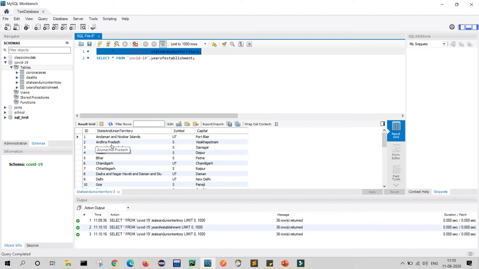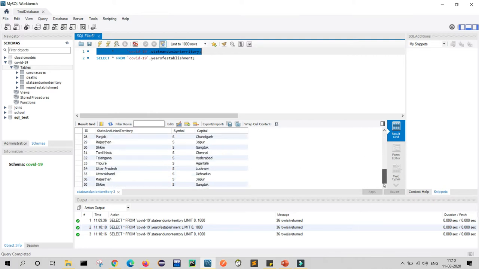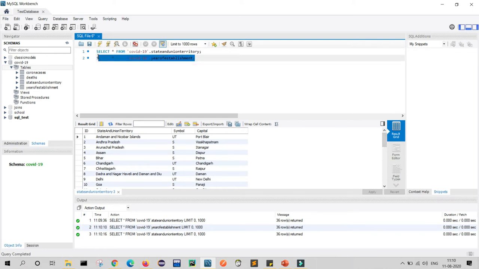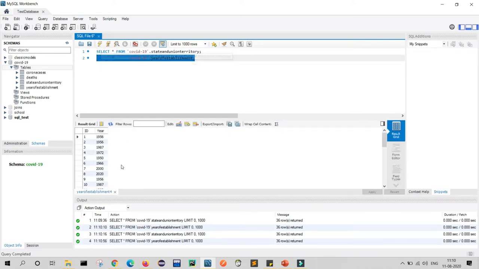Similarly, 2 for Andhra Pradesh, 3 for Arunachal and so on till 36 for West Bengal. So each ID defines each state or union territory name. In my second table, I have provided the year of establishment with the help of ID. So what is the connection? The connection is the ID relationship between both the tables.